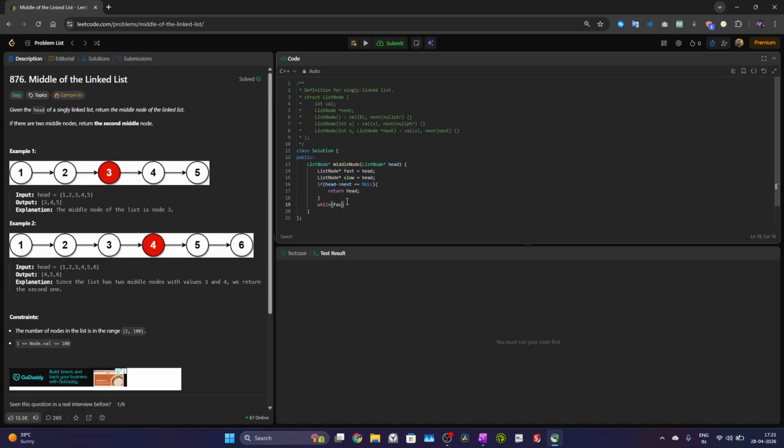While fast is not equals to null and fast next is not equals to null,